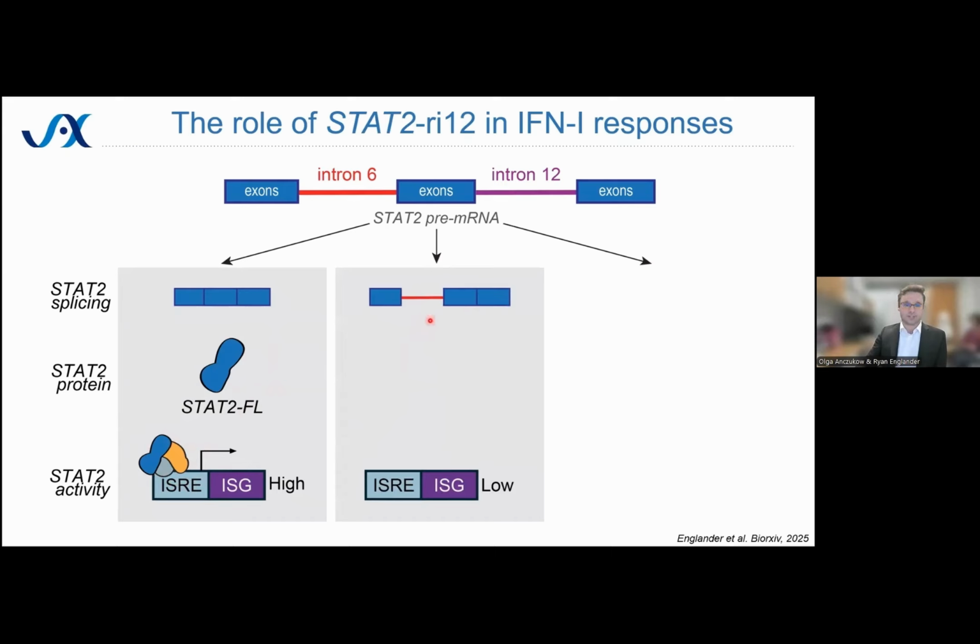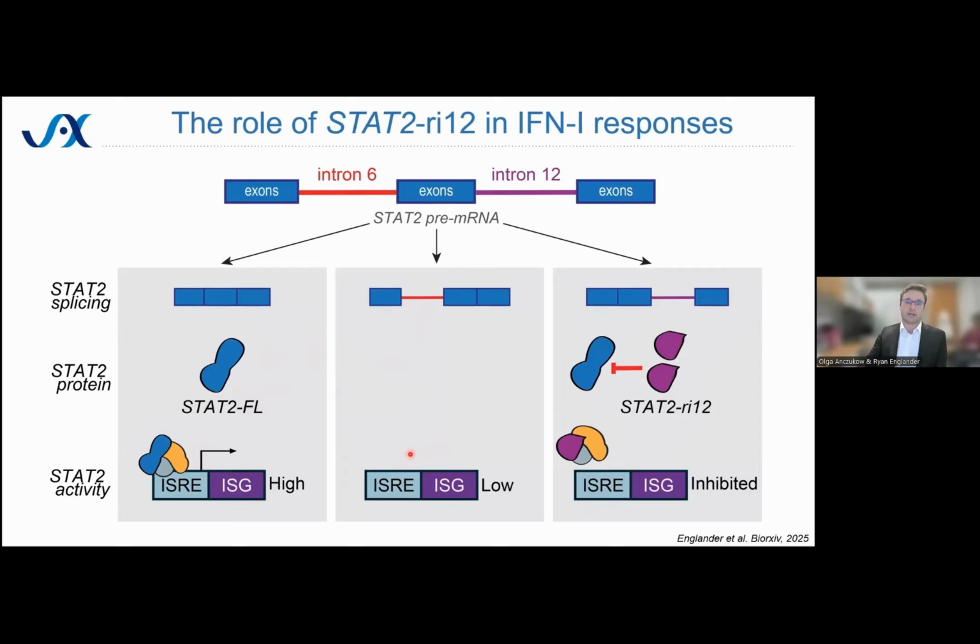Retention of intron 6 blocks the production of full-length STAT2 protein and either leads to non-functional or no protein production, and hence a relative inability for cells to respond to interferon. By contrast, retention of intron 12 alone can lead to the production of a truncated protein that can actually inhibit any remaining full-length STAT2 protein in lung adenocarcinoma cells, leading to a fully inhibited state rather than just a lack